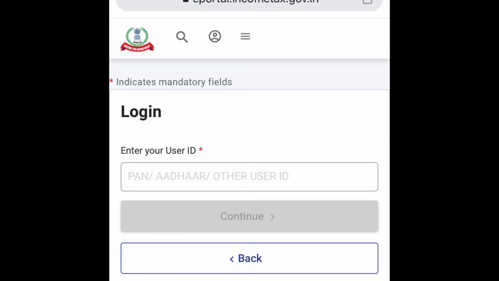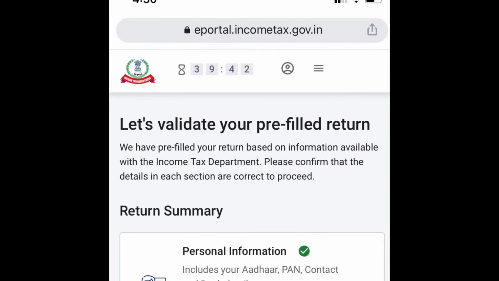Your login ID will be your PAN number, and the password will be a word that you would have just created while registering yourself. Once you've logged in, the first section that you will encounter after you've selected your file tax option is the personal information section. The personal information section, as the name suggests, has personal details about you, including your address, email ID, phone number, so on and so forth.